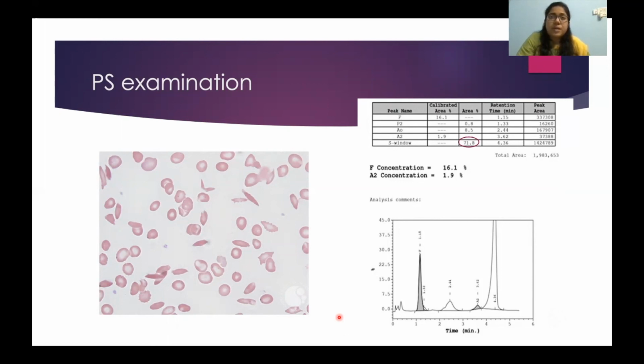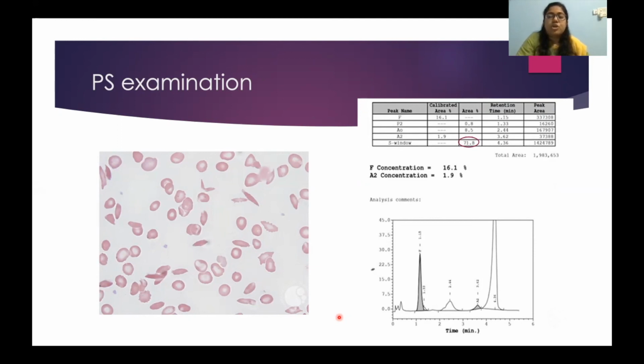Now, normally, how much blood should be used for exchange? It's a very complicated calculation, but if you have a strong sickler with more than 80% of HbS concentration and highly sickling, and the body weight of the patient is around say 60 or 70 kg,